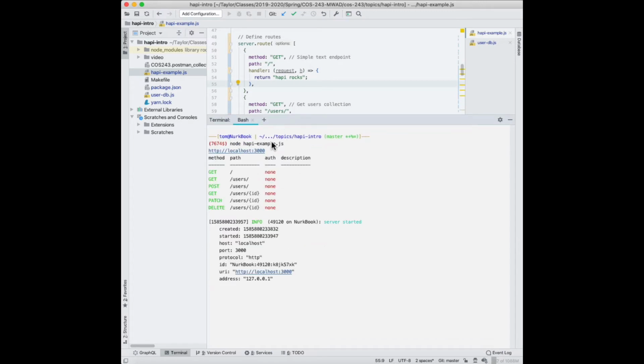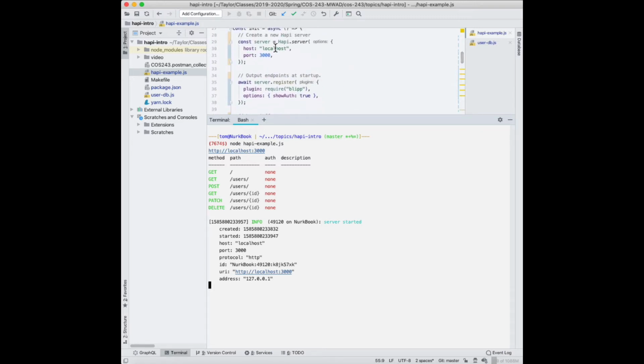You can see when the thing starts up, it gives us some information about what URL it's listening on. Remember that when we set up our server object, we said, I want you to listen on the local host, that is my laptop, on port 3000. And you can see here that it's telling us it's listening at HTTP localhost:3000. So this is basically the host and port number on which Hapi is going to listen. So all of the URL endpoints that correspond to our RESTful API that we're building are going to be relative